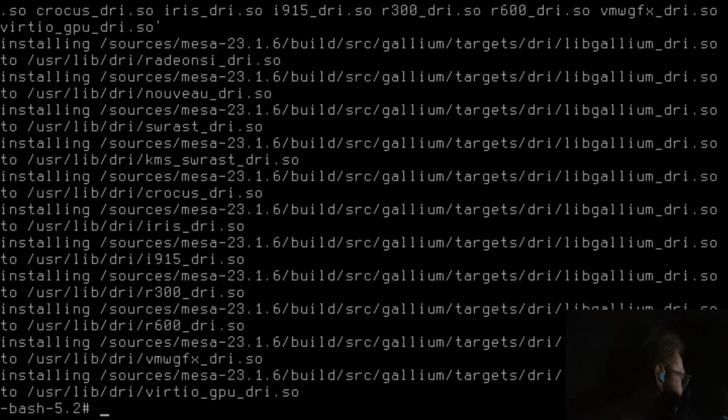Anyway, where did I get to? Do Mesa here. I've done LLVM. I've done Mesa. libxfce4ui, okay. Actually, go up again. Right. Is this required for GTK Plus? Lib epoxy? Right, I now need to do lib epoxy.